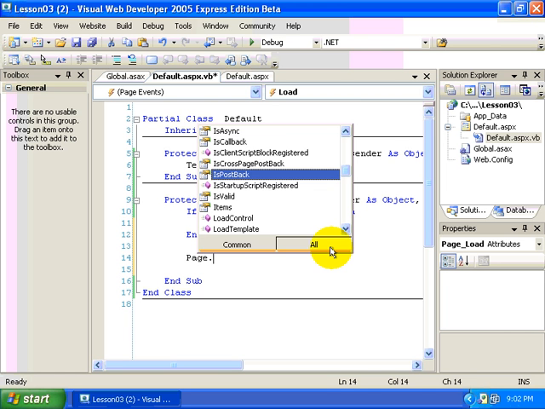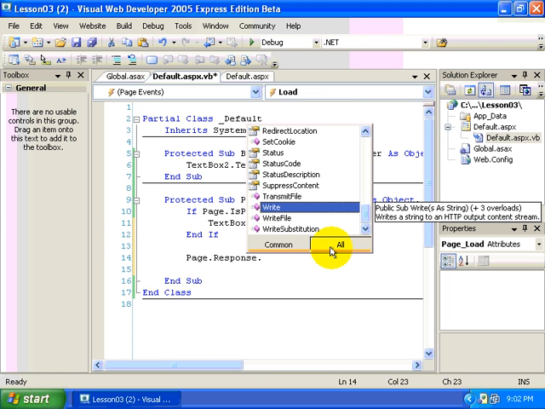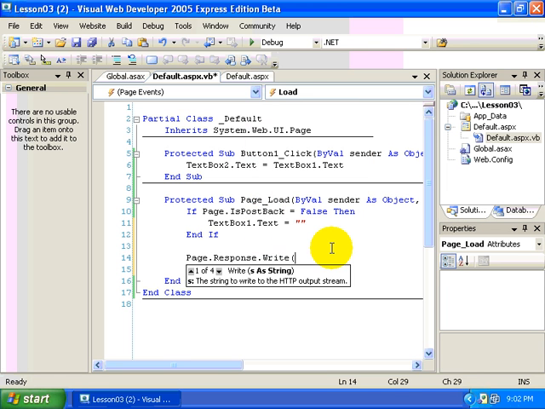So the page has a request object, a response object. So we're able to write out to our response stream that information that's going to be sent back to the user. So page.response.write